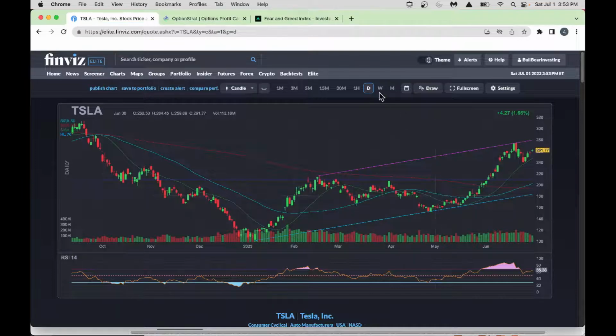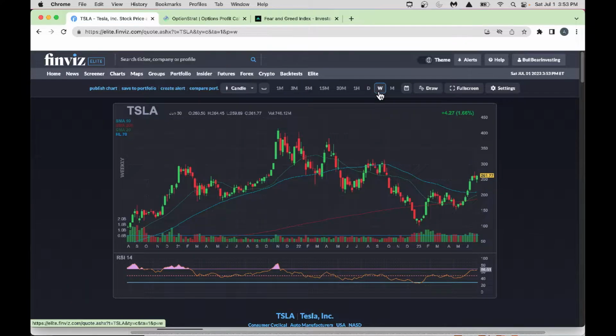As you look through here, you could take a weekly look. On a weekly chart level, Tesla is still not at its all-time high. The all-time high is around $430 or $440. But right now it's trying to make a comeback, as you can see here. There could be a resistance level somewhere around 300 or 310, but there's a very good chance this can take on and go higher,